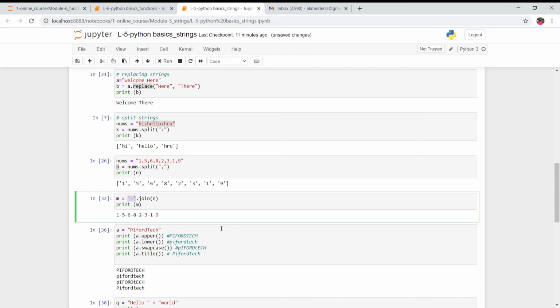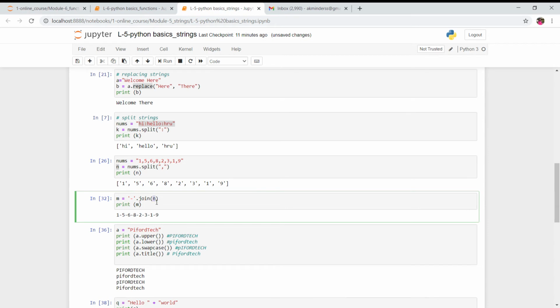This symbol means it should be used in between all these strings. Dot join is a method. What do you want to join? The data which is present in the n variable. And what is there in the n variable? These values are there.